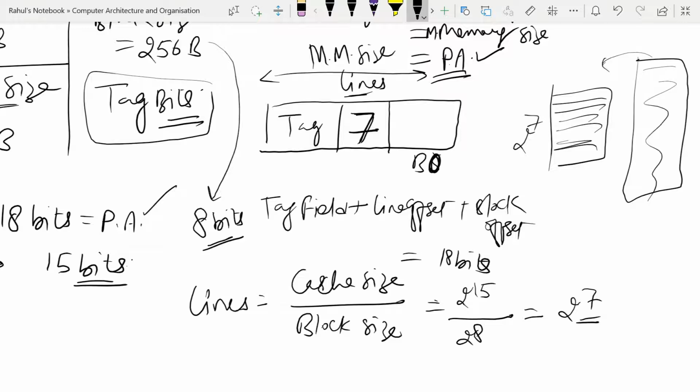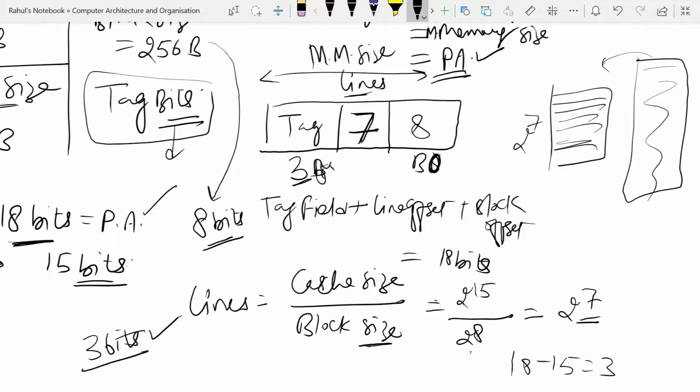Now what is block size? Block size is 2 to the power 8, which means 8 bits would be required for the block offset, isn't it? Now 7 plus 8, that is 15, and total physical addressing is 18 bits. So 18 minus 15, that is 3. So the tag field will be 3 bits. Our question is, how many tag bits will be required in the direct mapping technique? So a 3-bit tag field will be there,